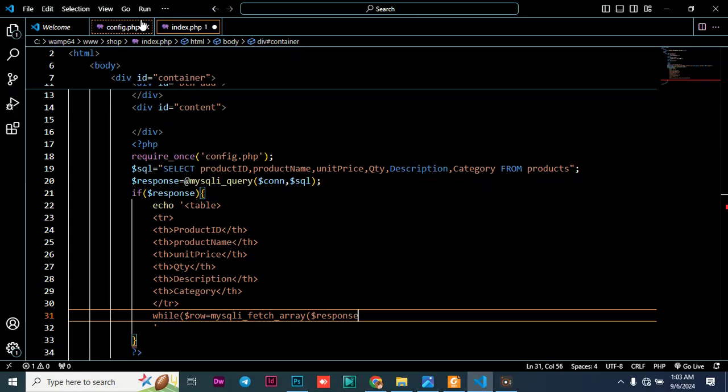So remember the response we created in the previous part. So in this case we are just saying that while row is equal to mysqli_fetch_array, then